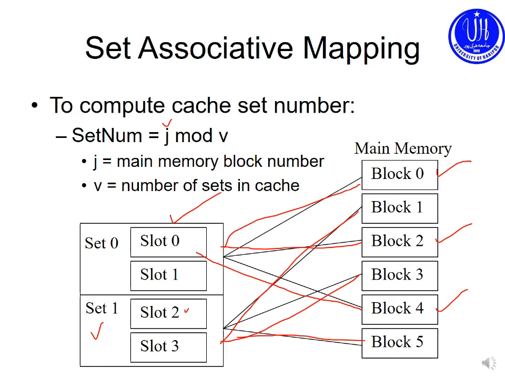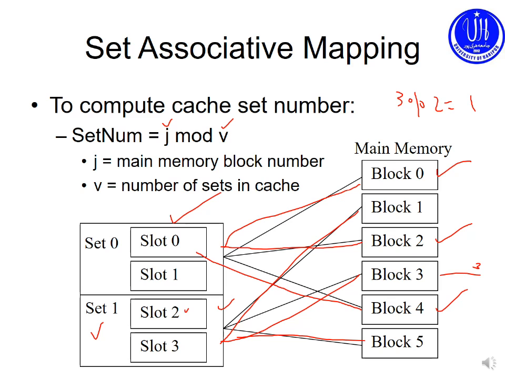So the set number is predefined, like direct mapping, using the formula J mod V, where V is the number of sets. For example, I am calculating for 3. 3 is J, and the total number of sets is 2. 3 divided by 2, so 3 mod 2 is equal to 1. So block 3 will go to set 1. So this part is direct mapping,